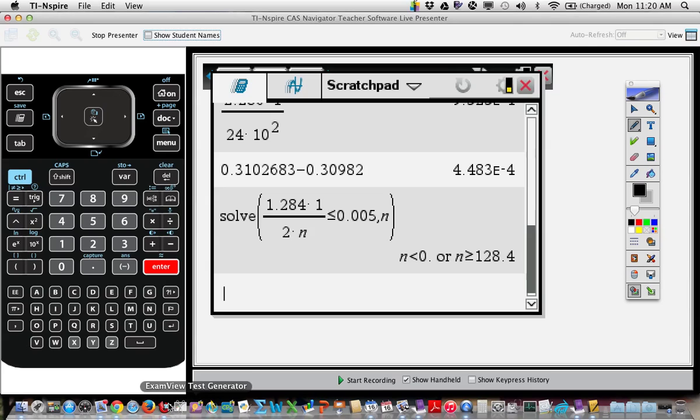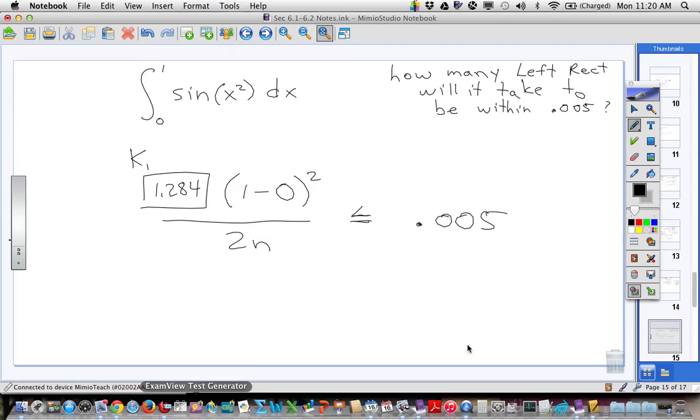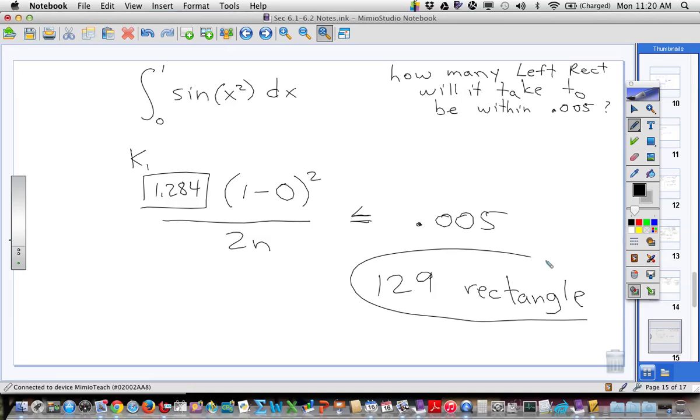Yeah, we're not going to put 128.4. We're not even going to write n is greater than or equal to 128.4. We're going to write 129. We need 129 rectangles to assure us that we will be within 0.005, and that's how your calculator is doing